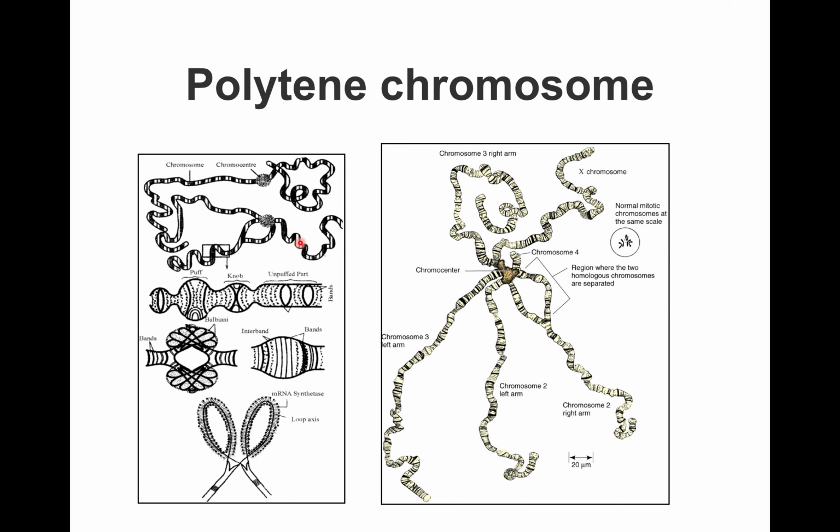The different staining properties of the bands and interbands are highly suggestive of different states of compaction and organization of chromatin in these regions. So the cross banding pattern of polytene chromosomes is a very distinctive characteristic within a species, and it also helps in chromosome mapping during cytogenetic studies.